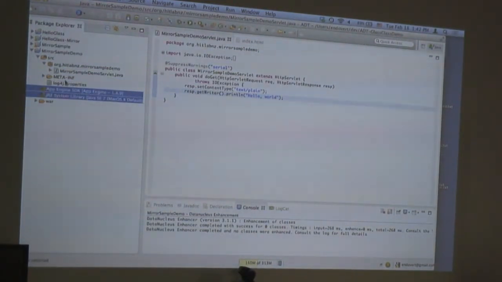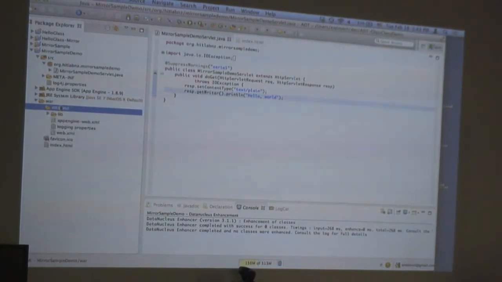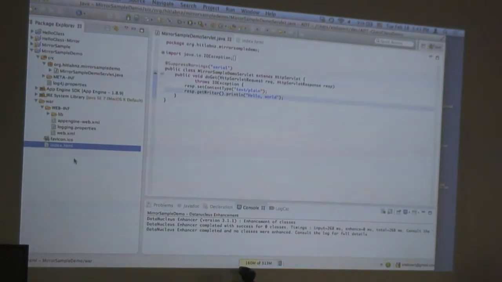So these two are obviously libraries. It's using this WAR folder, which stands for Web Application Archive. If I remember correctly, that's the file format where you zip up all the Java files and deploy it to the website. And that's the WEB-INF folder. Inside here, there are a couple of configuration files. And there's an index.html, which is the main page of your website when you first